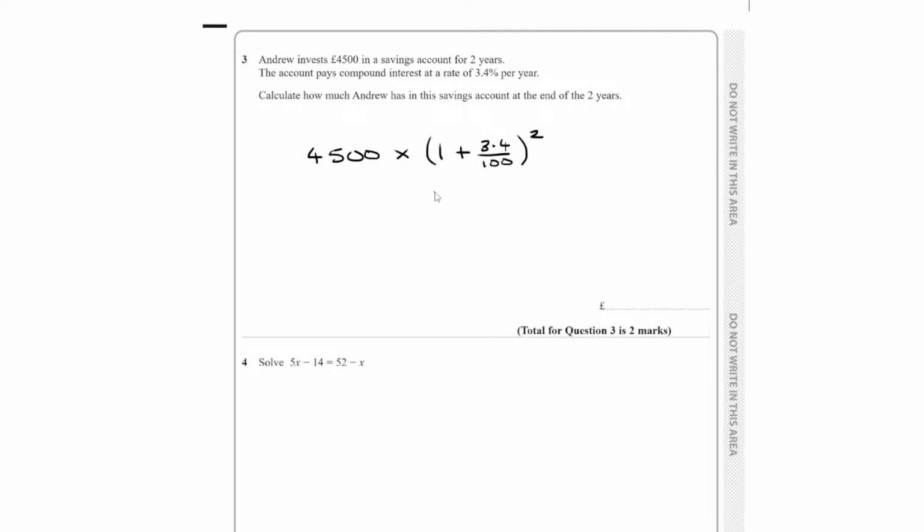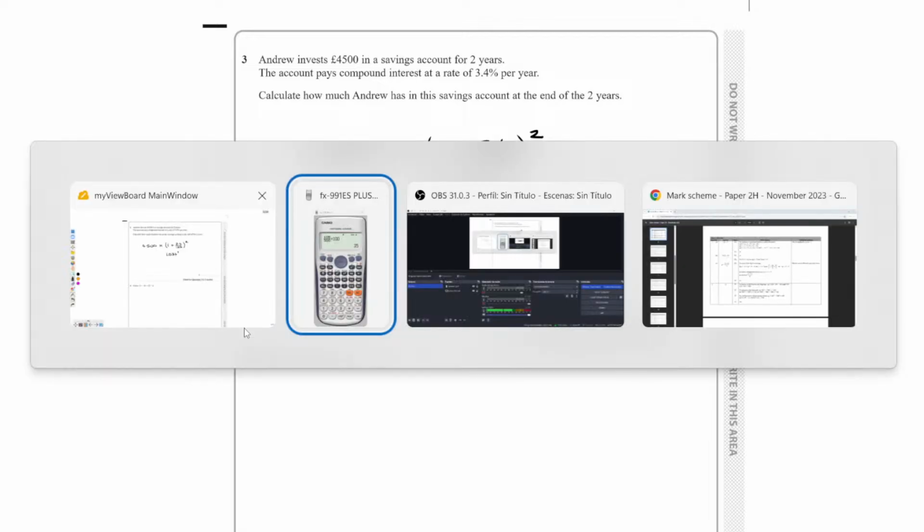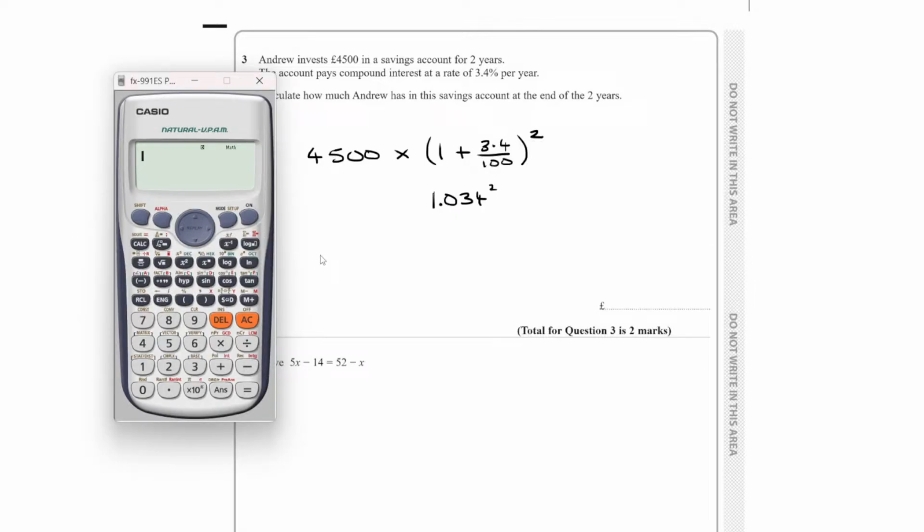You could also obviously just write it as 1.034. That's the exact same thing as what I've put in that bracket. If you've converted it yourself, that's fine. Exactly the same thing. So calculator, obviously, 4,500 multiplied by 1.034 squared. So not the 4,500 squared, just this last bit is squared. And then there we are,